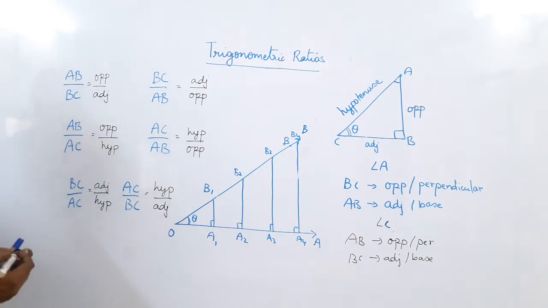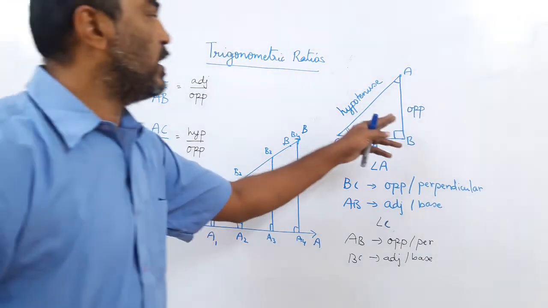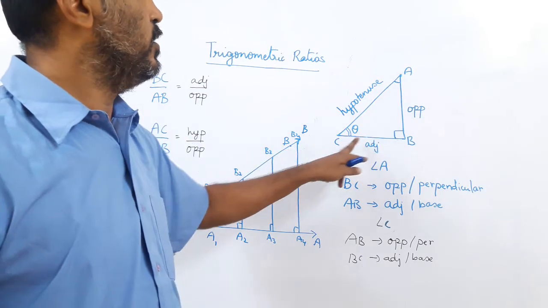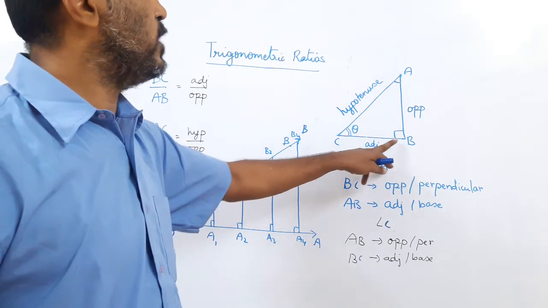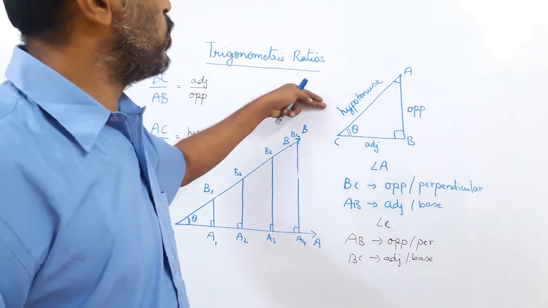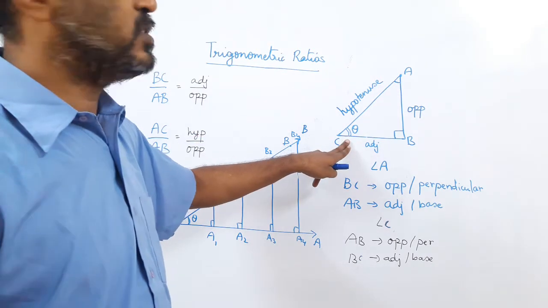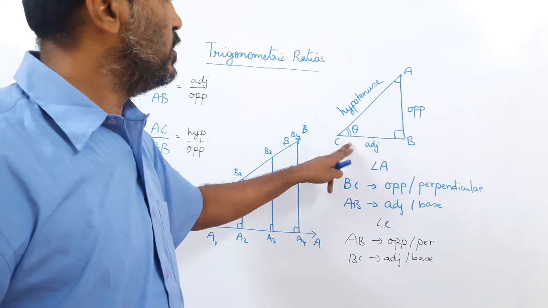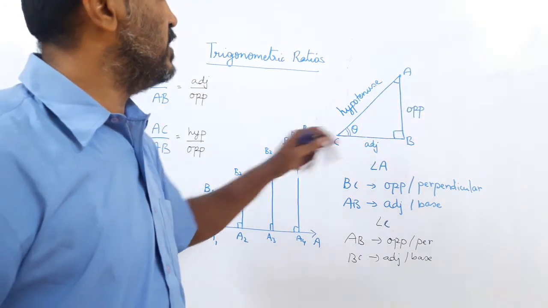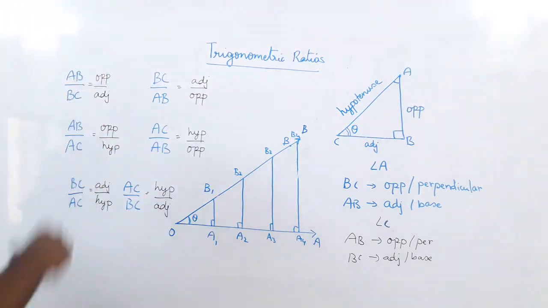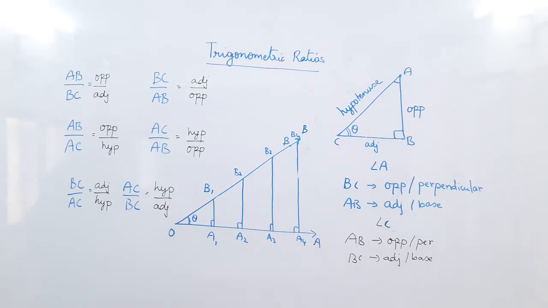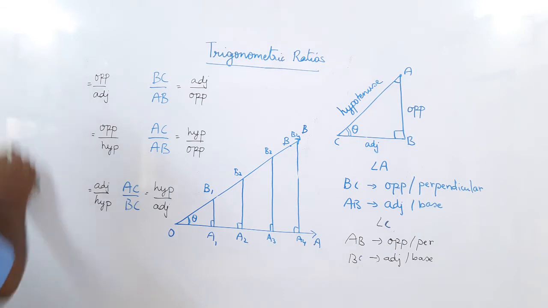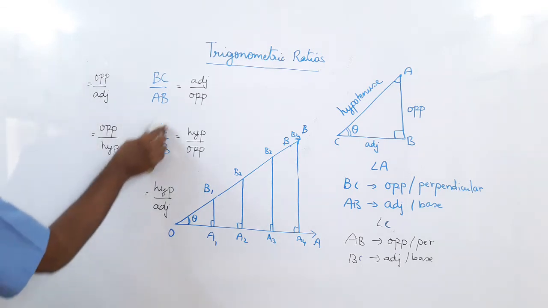Okay? So in any triangle, any right angle triangle, you will first fix an acute angle. You do not take the right angle. You will fix an acute angle. So the side opposite to the right angle is the hypotenuse, and which angle you consider? The angle opposite to that. So this is angle C or angle theta. Opposite to that is the opposite side and the adjacent side. So I remove the sides now, and I have written them in this term, right? So now I do not need the sides.